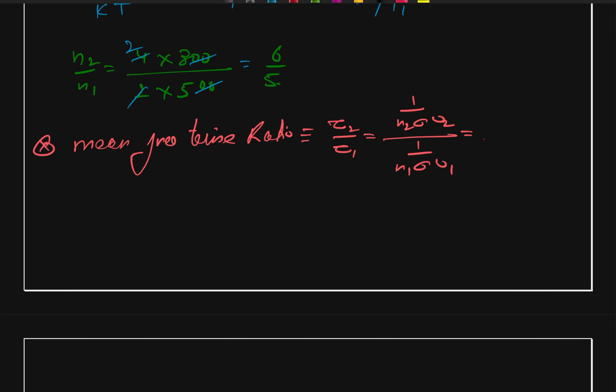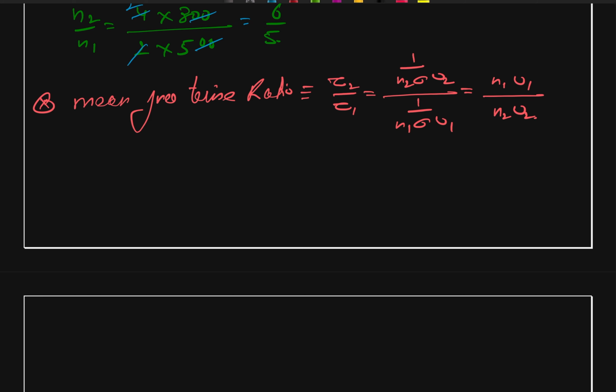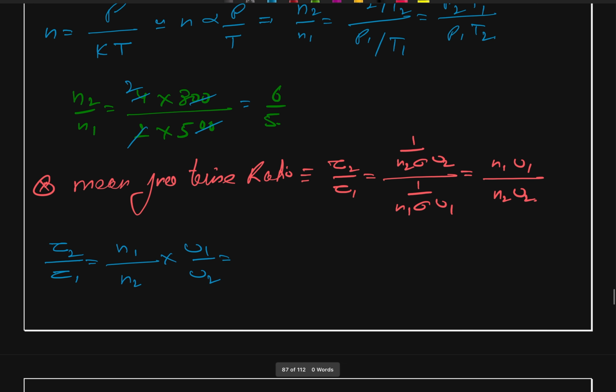This comes as N1 V1 upon N2 V2. And we can write tau 2 upon tau 1 is equal to N1 upon N2 multiplied by V1 upon V2. N1 upon N2 is 5 by 6,